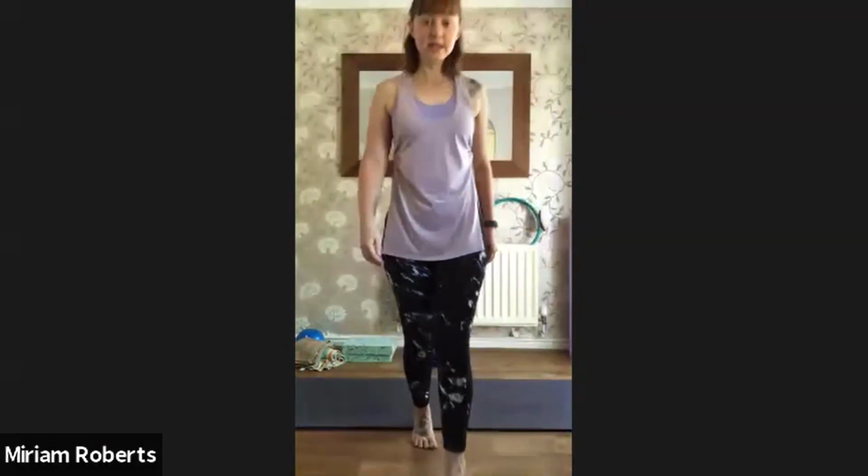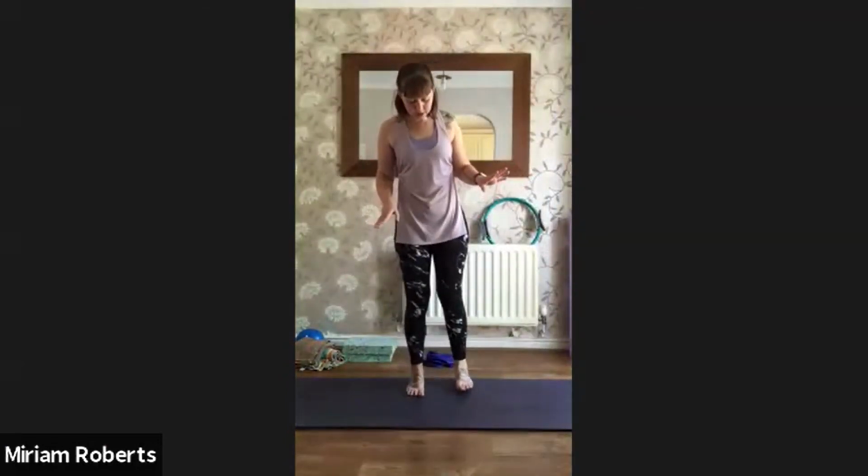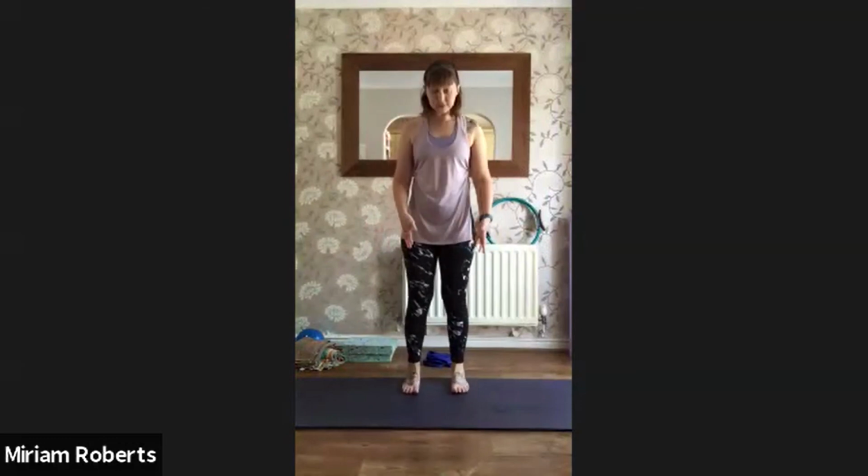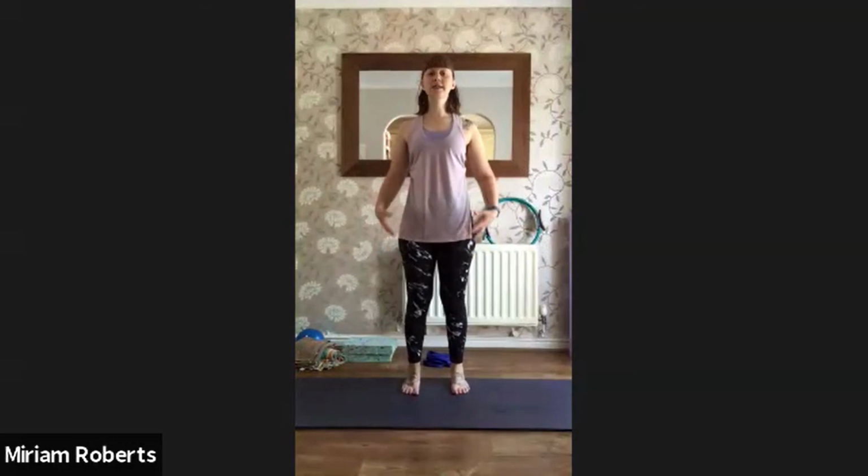Right, and we'll just do a couple of roll downs to finish. So well done. We've done a lot of work. Finish it off now with a couple of roll downs. So feet hip width and parallel, standing nice and tall, taking a breath in, and as you breathe out, nodding